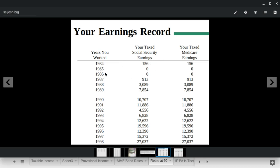1985 and 1986, I remember in 1985 I was picking strawberries in Maine, so it was all under the table, cash, let's put it that way. I didn't pay any Social Security. In 1987, I was washing dishes and cooking crabs, and I did that into 1988, and then I went in the Army. So this is my high school years, essentially doing grunt work,